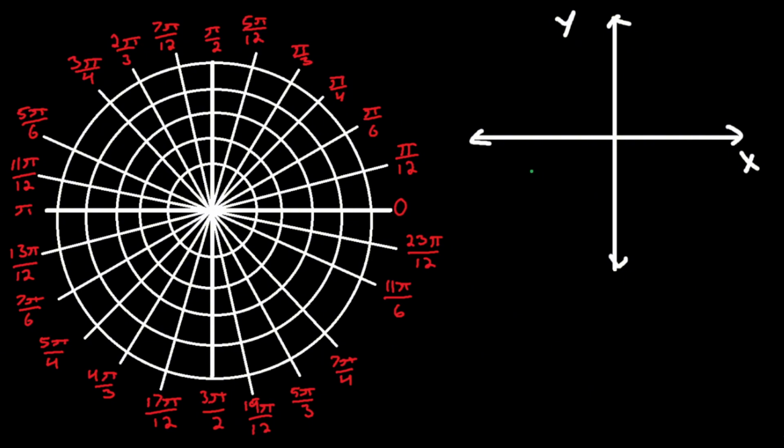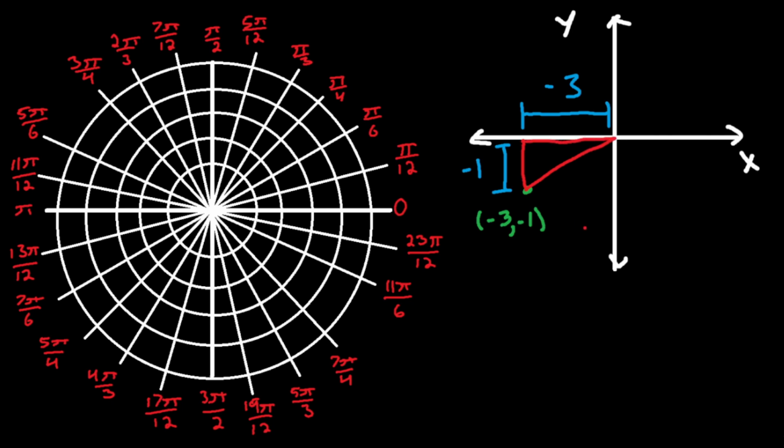Let's choose this point right here, and let's say that this point is negative 3, negative 1. Well, we know that the length here is negative 3, and we know that the length here is negative 1. Correct? So if we form a triangle using red,